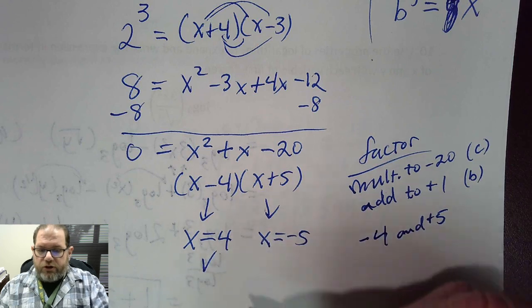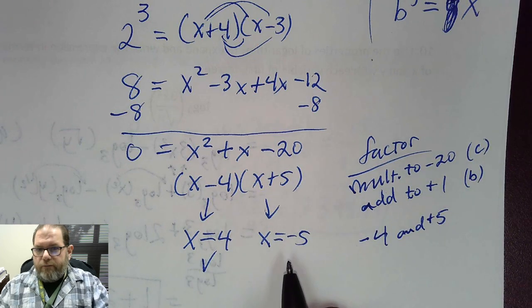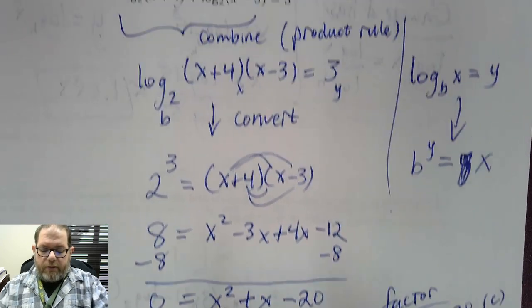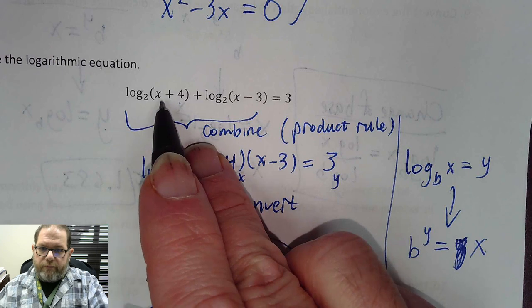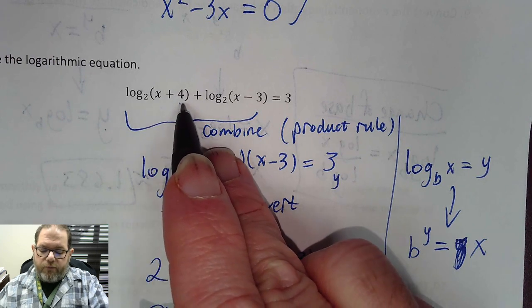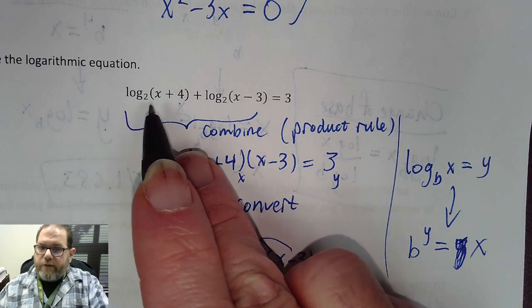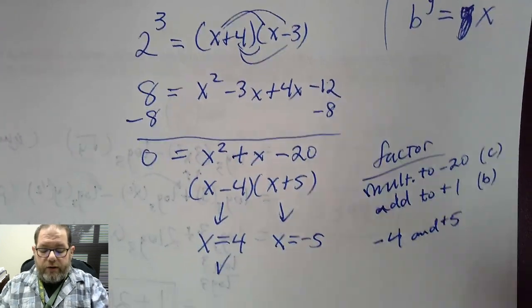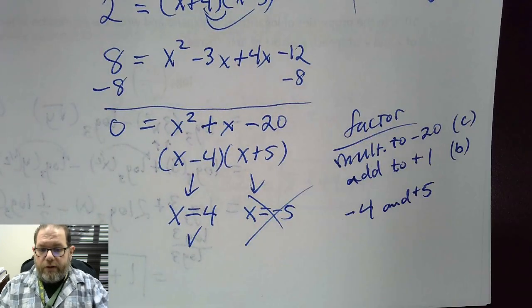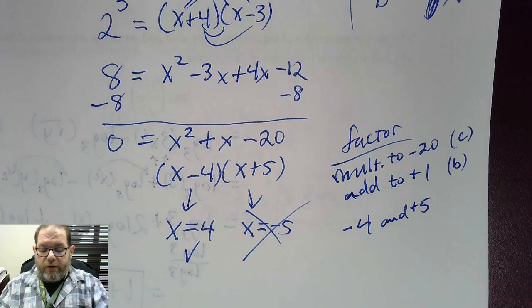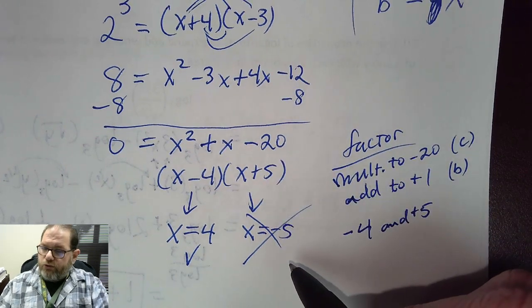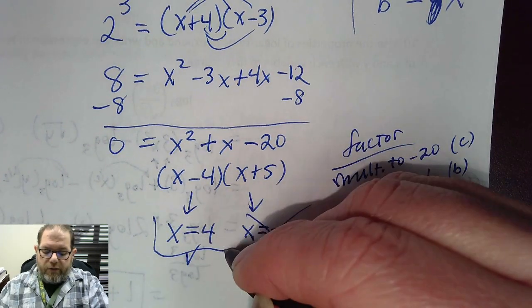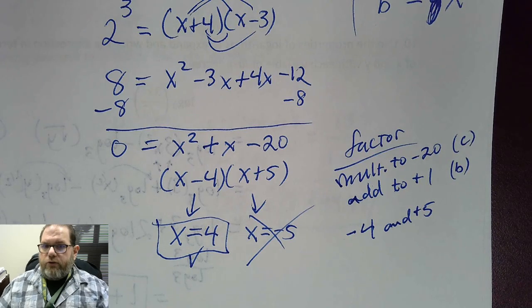So 4 checks out. Negative 5, though, let's plug that back in. If we plug in negative 5, negative 5 plus 4 means we're going to be taking the log of a negative 1. And we can't do that. We know that log of negative 1 is going to give us an error. So negative 5, while it came up as a solution to this equation, is actually not a solution to our